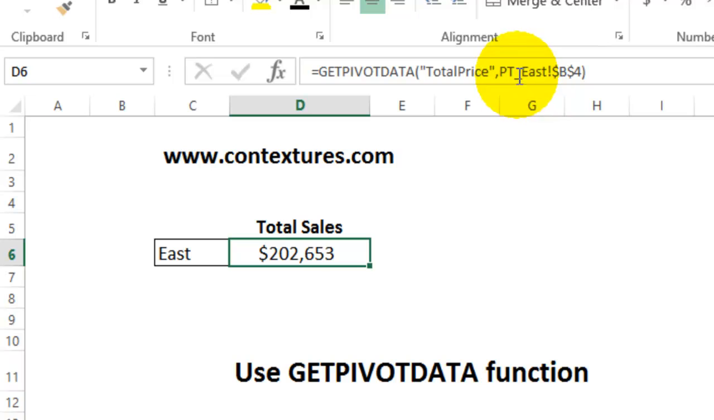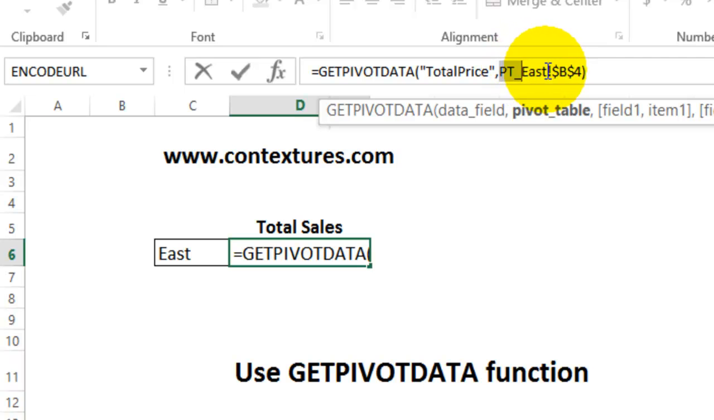And to make it change, I'm going to use the INDIRECT function. And the INDIRECT function will create a cell reference based on text. So I'm going to change this part of the formula. So it will keep the PT underscore, then change this part of the address and keep the rest. First I'll type INDIRECT